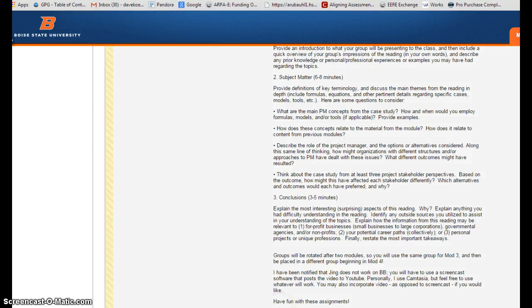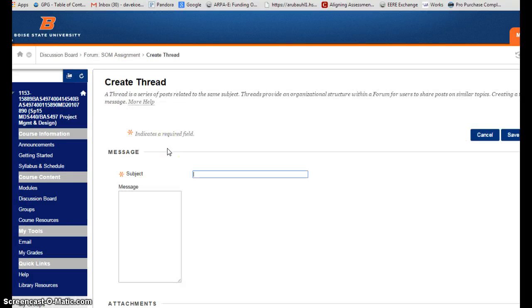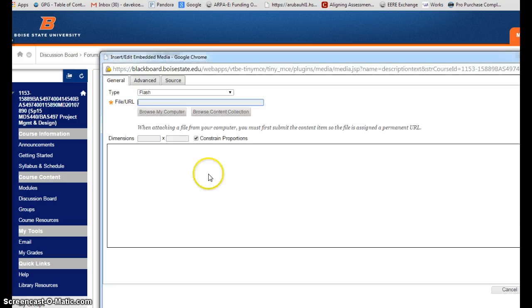and click on the thread in the SOM assignment, and I'll put my name and post it by clicking this insert embed and putting the URL that was created right there and hitting submit. Alright,